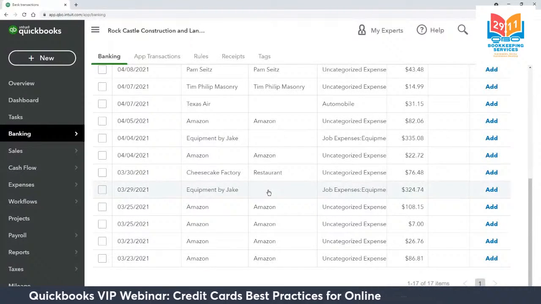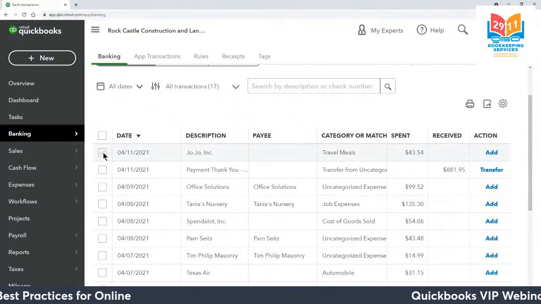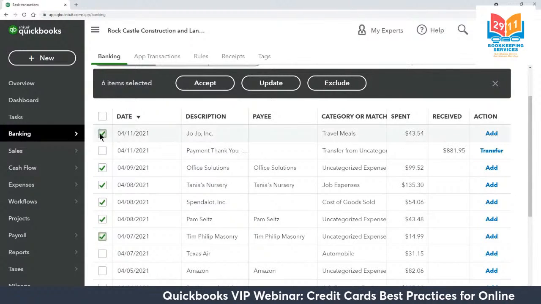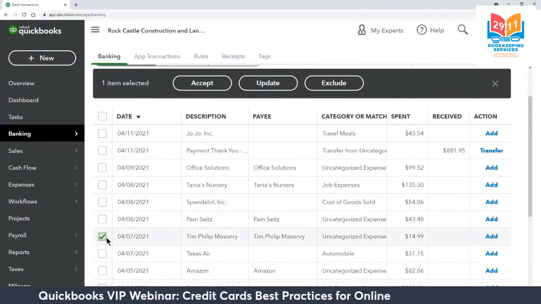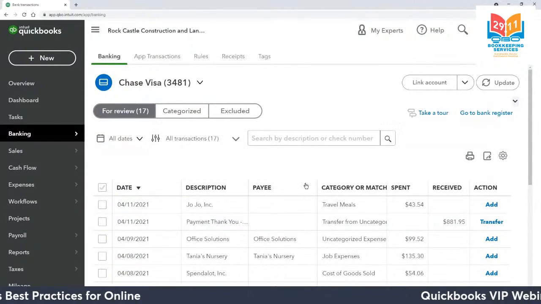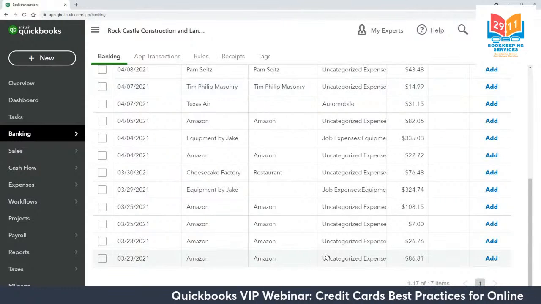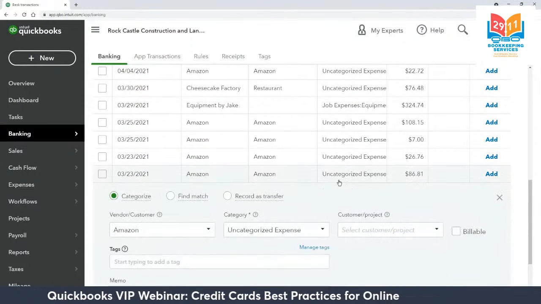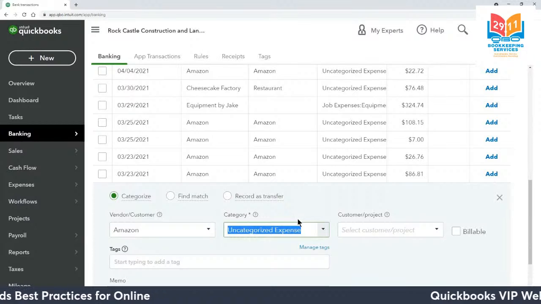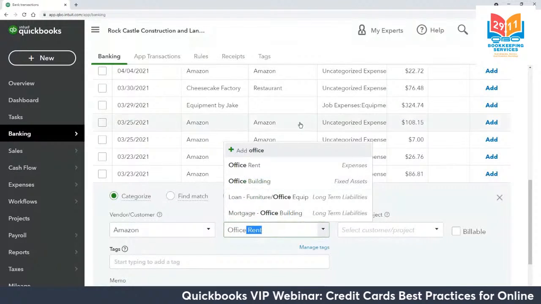By the way, also, if you see lots of transactions in here that are set up correctly and you want to add them in, you can also check off the check boxes right here and click accept to bring those in too. That's a pretty fast way. And in fact, if they're all right, you can just select this little checkbox right up here and accept those too. But again, be pretty careful, because if you're seeing anything in here with like uncategorized expense, it's kind of a red flag. You really don't want transactions to ever say uncategorized expense. Whenever you go to run a profit and loss report and you just see uncategorized expenses, that's usually not a good thing. I'm going to put in office